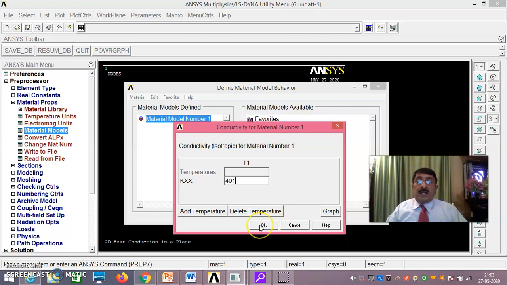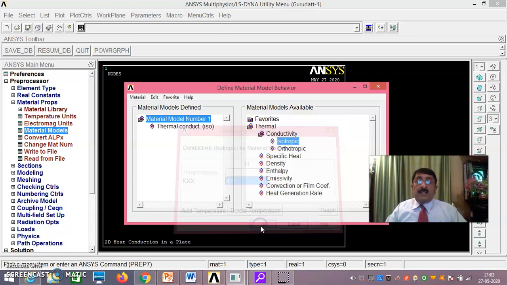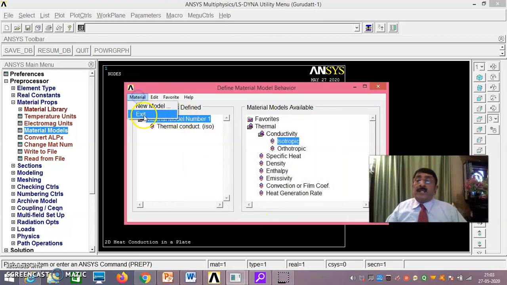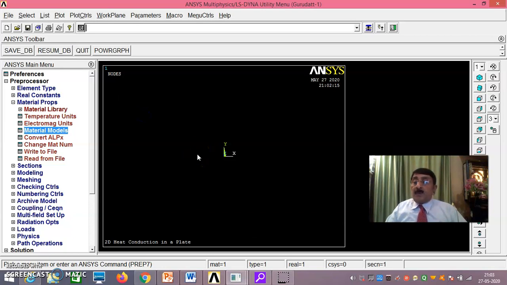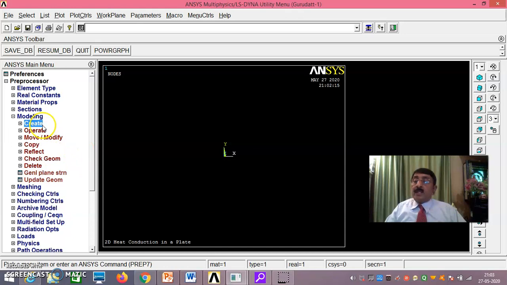401 watt per meter degree centigrade. You take this, okay, and say the material exists. Unlike the previous problem, you have only one material here, only one material. Now you do the modeling part: modeling, create